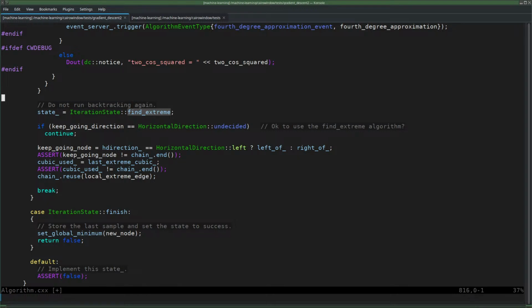Now, normally backtracking means that you jump deliberately, more or less, too far. And then you start halving: you do a measurement, and based on that measurement you decide to stop, or you just halve the jump distance. So then we halve it again, and again, and again. That would be backtracking, and then of course you would run this state multiple times, and maybe I'll implement it at some point. But right now what I'm doing is